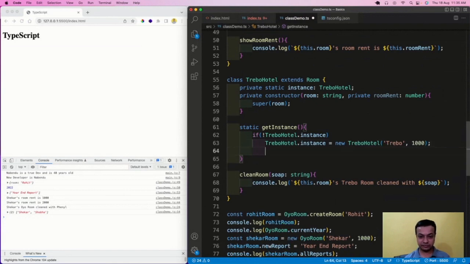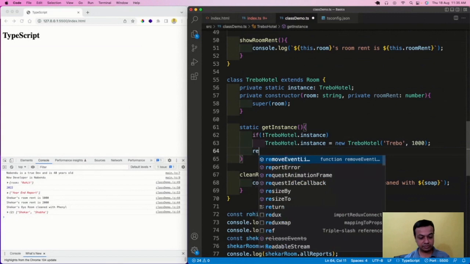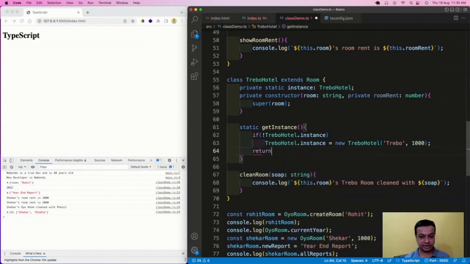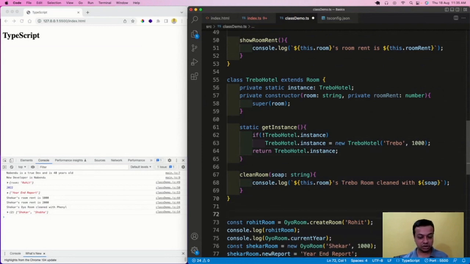And after this, if the instance is not there, then I'm going to return Travo hotel dot instance, like this. So if the instance is not there, I'm creating a new instance, but whatever I'm doing here, I'm doing it here only. Now after this, I will come here and do a const